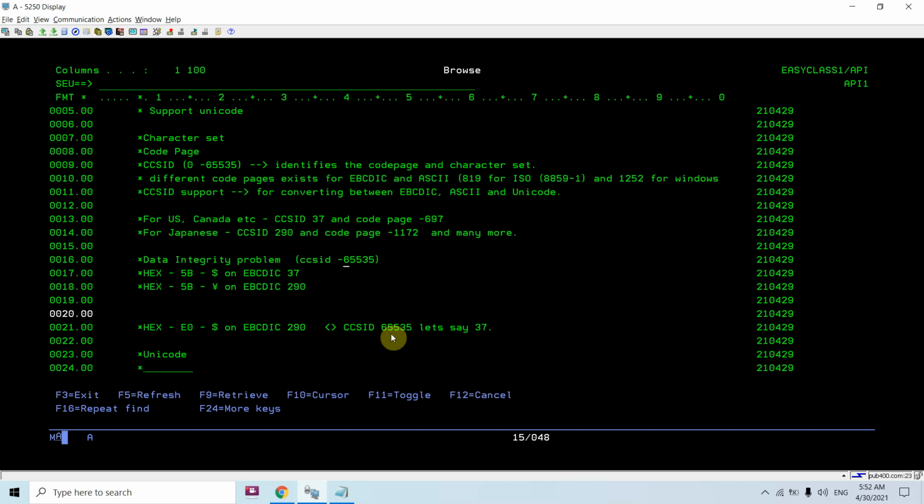One more thing, CCSID 65535, which basically does not allow any conversion. So that's what I'm saying, that if a file has CCSID 65535 and that contains this dollar sign, and we are sending it to some other machines, it would convert into the yen. Maybe for 37, I didn't try it, but you may try.